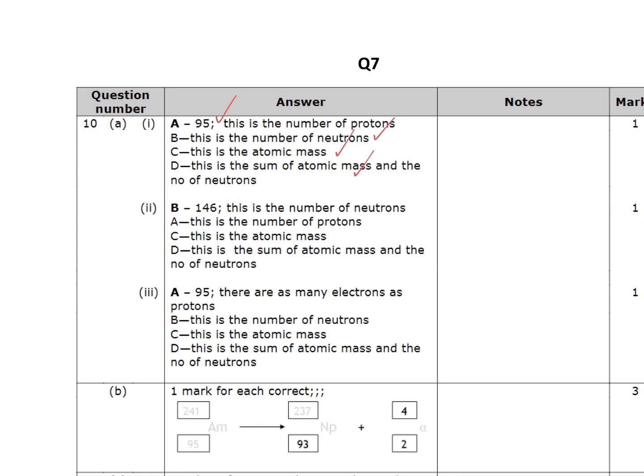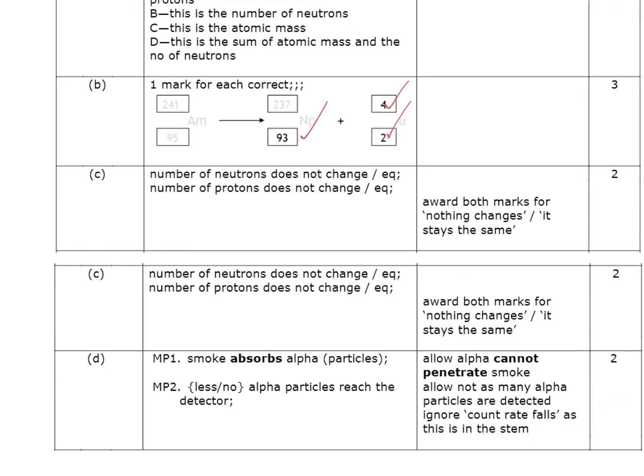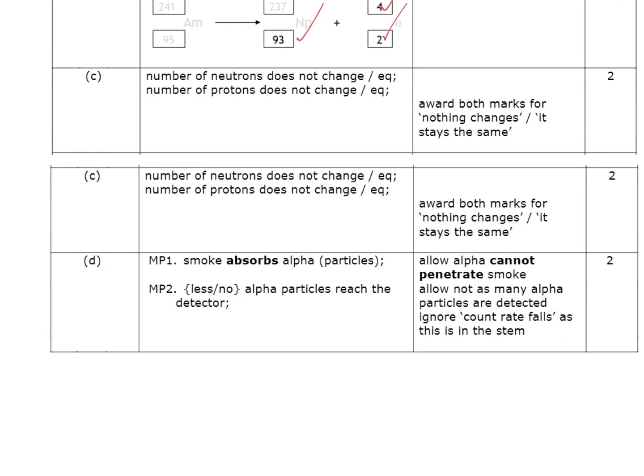We've got the answer to B correct. We've got the answer to number 3 correct. And then, coming down here, we've got the right answers to those 3. These were all quick recalls, so hopefully there's no debate about these. We also said for a gamma that the number of neutrons doesn't change and the number of protons doesn't change. You could have achieved it with just saying nothing changes, but we were just saying that no protons and neutrons